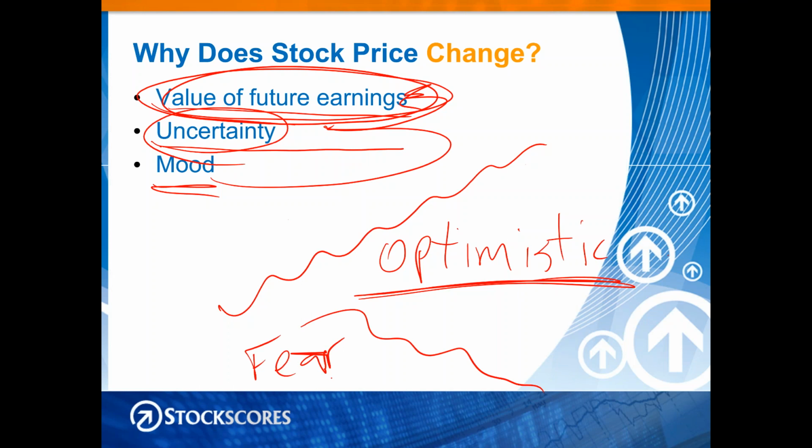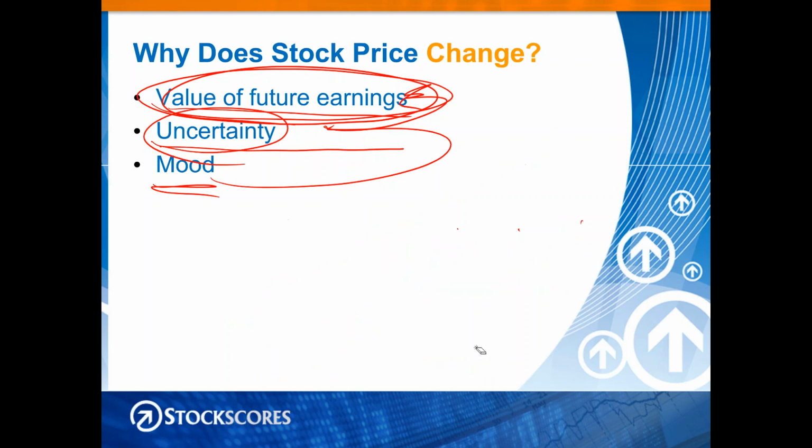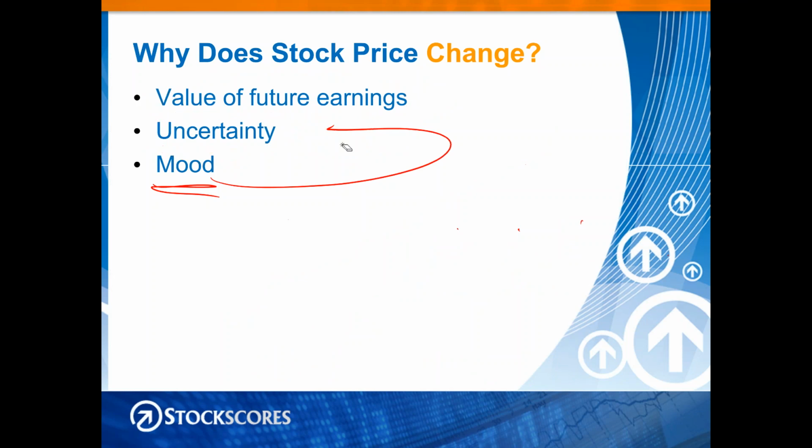So in trading, there's something called the law of upticks. When stocks are moving up, we tend to be more optimistic, and we tend to put a higher valuation because of our mood. And so it's very important to not just be a robot and look at valuation based on this value of future earnings, because in the short term, you can get stocks that go far beyond their value because of optimism or pessimism.